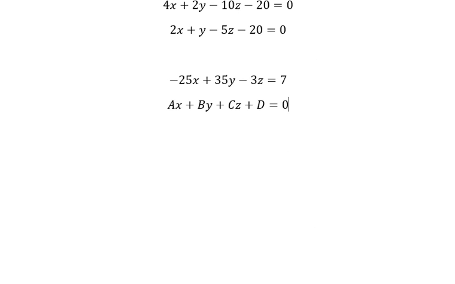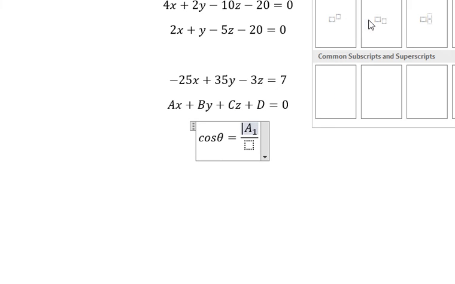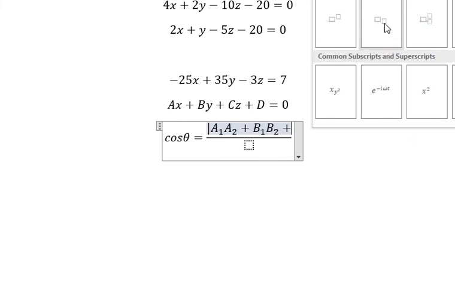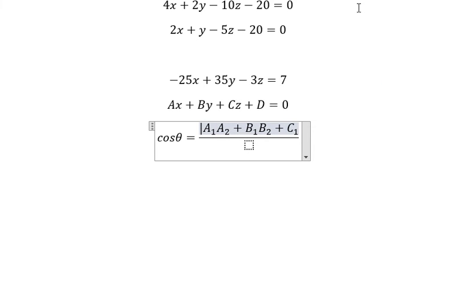And now we can apply the formula to find the angle in here. I will put cosine theta equals the absolute value of a1 multiplied by a2, plus b1 multiplied by b2, plus c1 multiplied by c2,